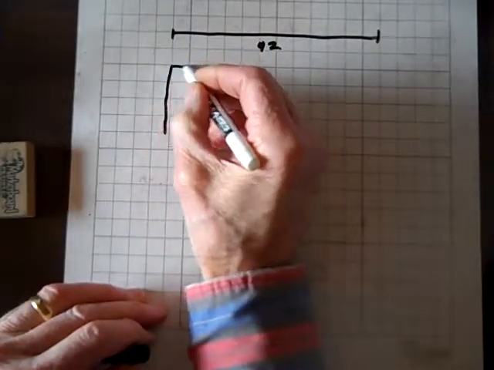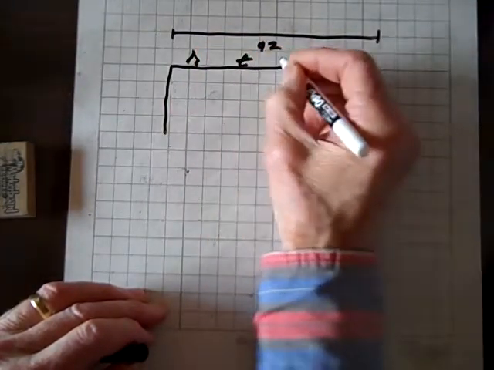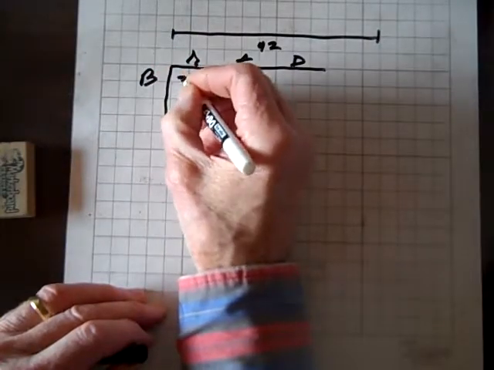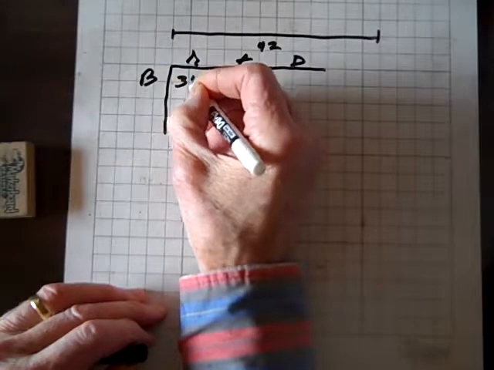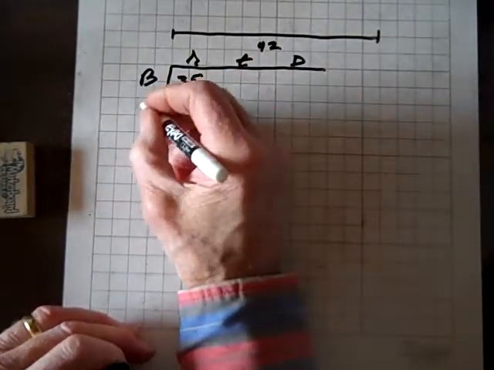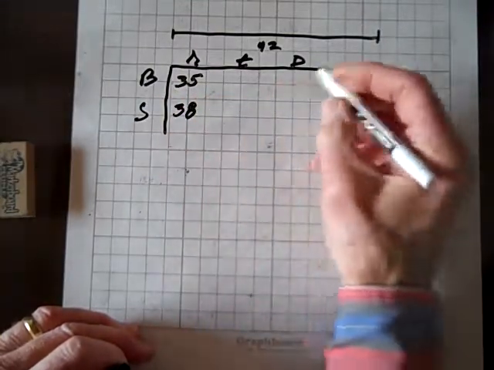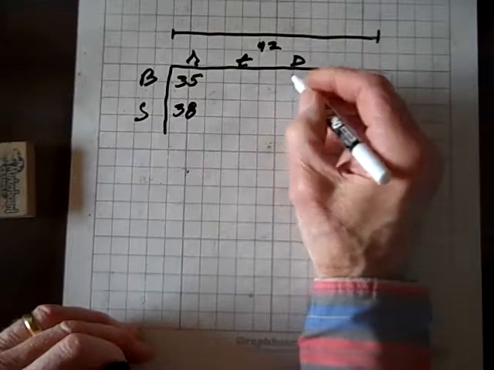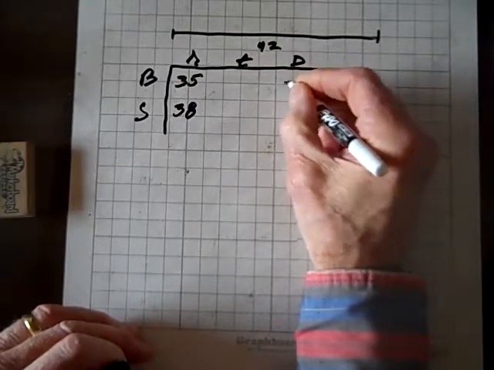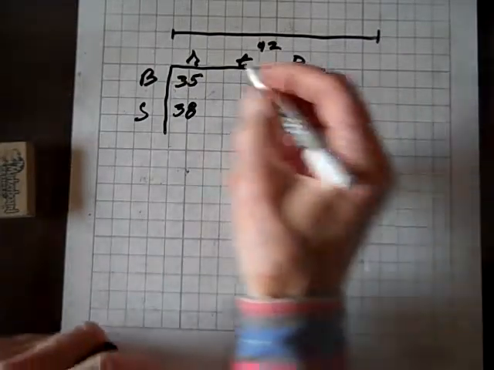Now, we also know Spot the dog, rate, time, and distance. The bicyclists are covering the country at a combined rate of 35 miles per hour. Spot is covering the country at a rate of 38 miles per hour. These guys are going to travel 42 miles. We don't know how far Spot's going to go, but